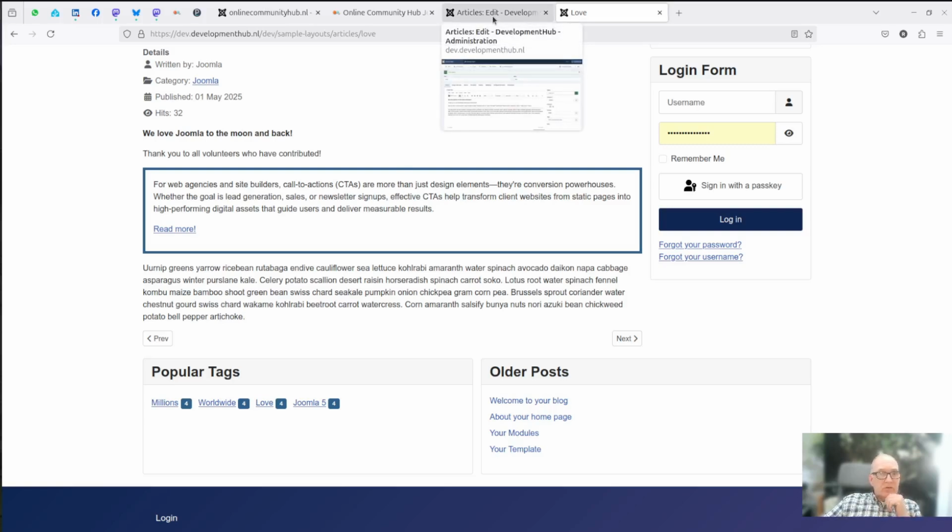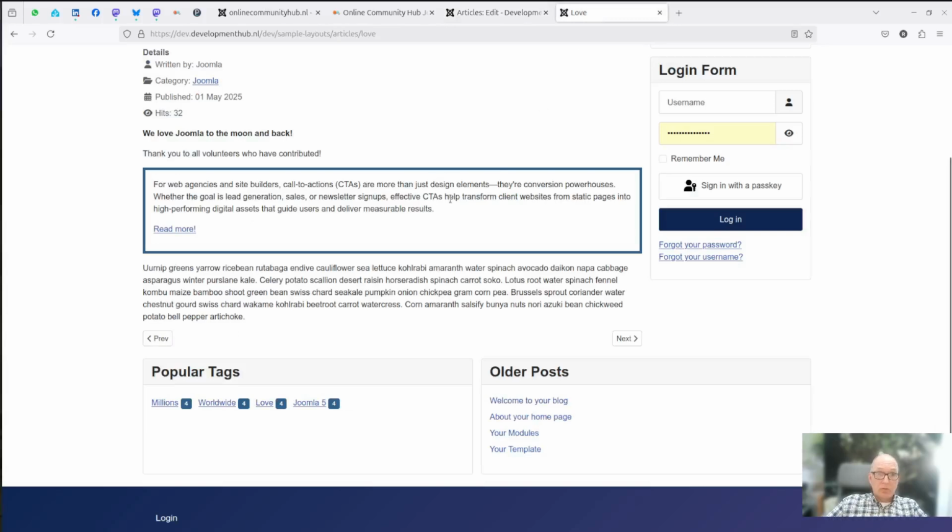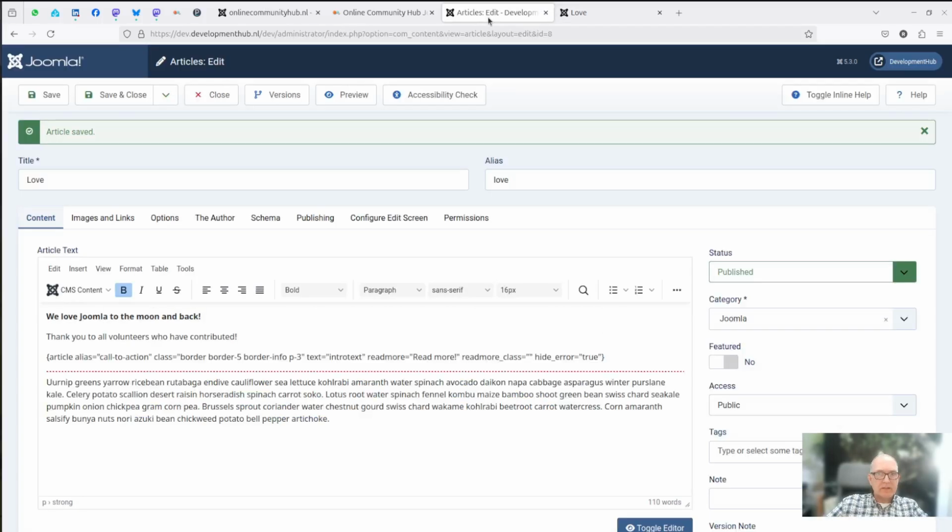So basically this is injecting the article content, and the power here is that you can change the article, and then also everywhere where this article is referenced, the change is taking place automatically. So this is a nice feature where you have one article and then you change the article with a new promotion or a new call to action.